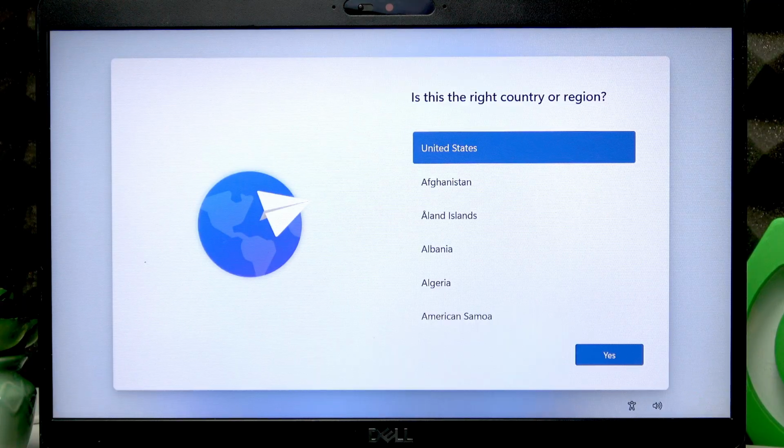And at this point the factory reset operation is finished. If you want to perform a setup process on your laptop right now, we have an entire video on our channel, even 2 videos on our channel on how to do that, either with or without a Microsoft account. So if you need one of these videos, go ahead and check it out, and that will be all for